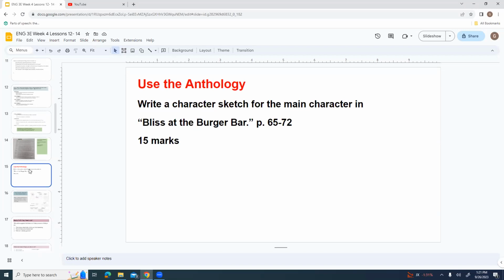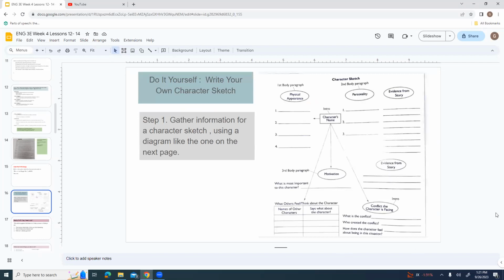So we just talked about the character sketch. In your textbook, there is this little graphic organizer. Okay. And this graphic organizer gives you a way to just kind of think about what you want to say about the character. If I were you, I would maybe ask the DEC in your area to give you a photocopy of this, or you could just kind of reproduce it on a blank notebook page if you wanted to.